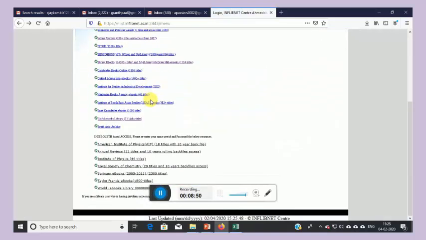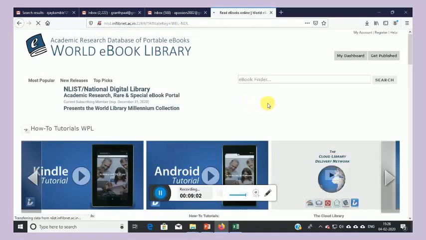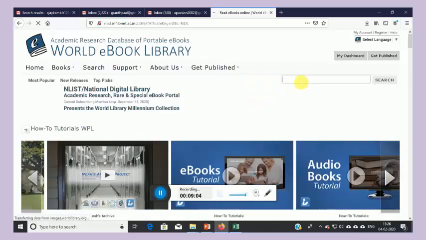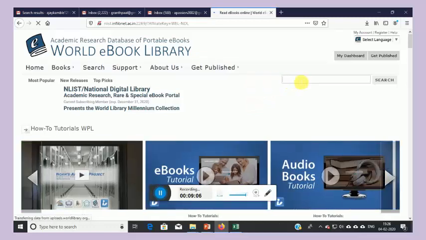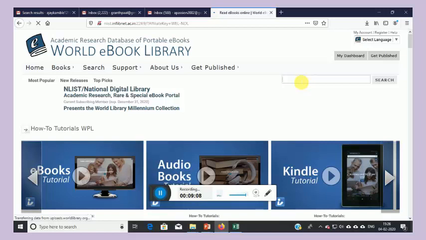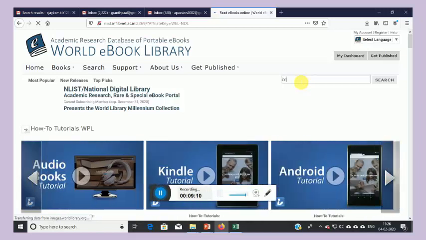Now let's check some ebook site. Now we have just checked e-journals. Let's check the ebooks library. Okay, it is open now. So let's check something regarding the subject mathematics.